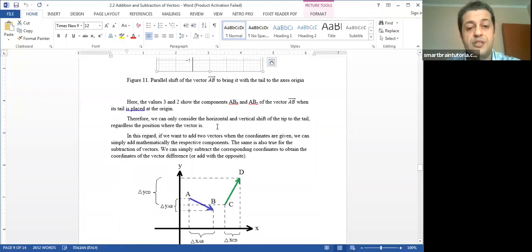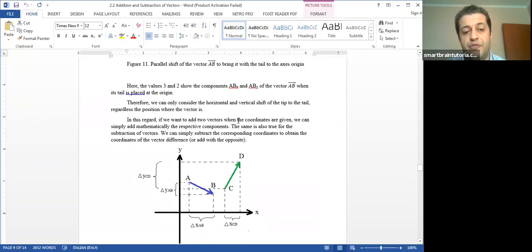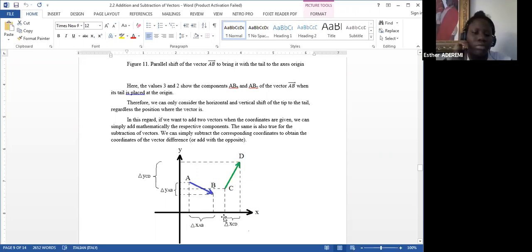So therefore we can only consider the horizontal and vertical shifts of the tip to the tail, regardless of the position where the vector is. In this regard, if we want to add 2 vectors when the coordinates are given, we can simply add mathematically the respective components. So here, if we have to add these 2 vectors, we must add the shift in x of AB,